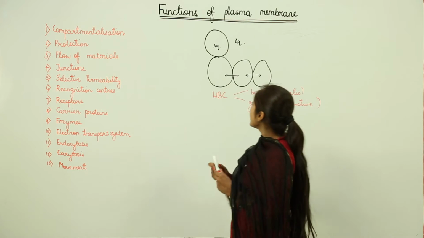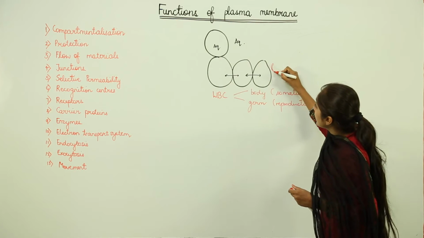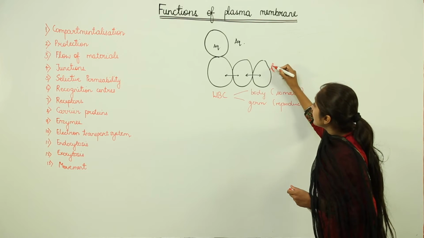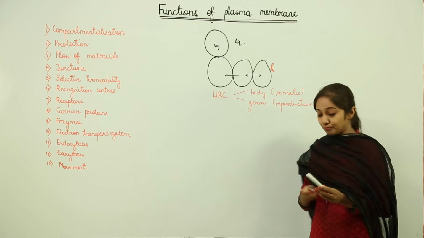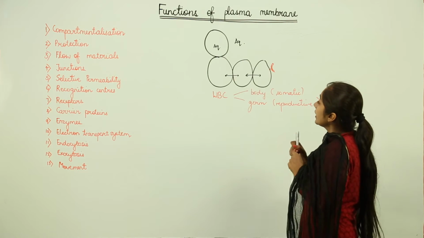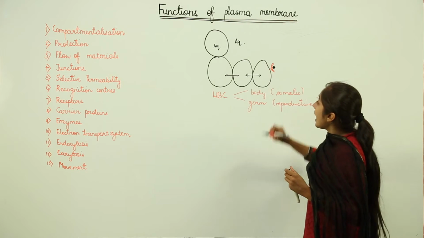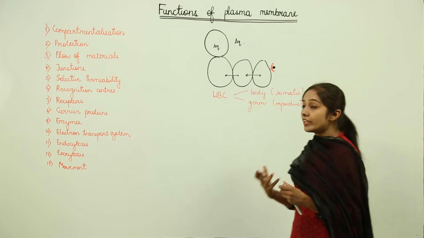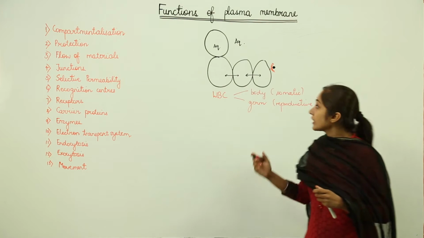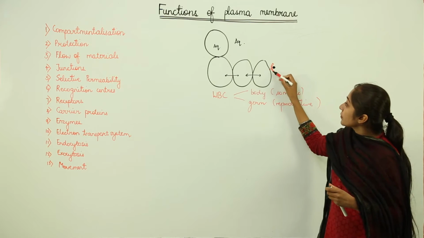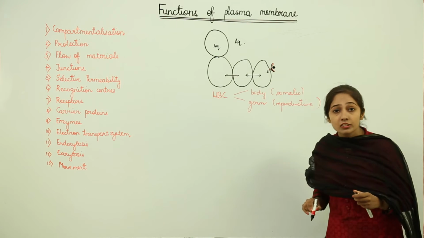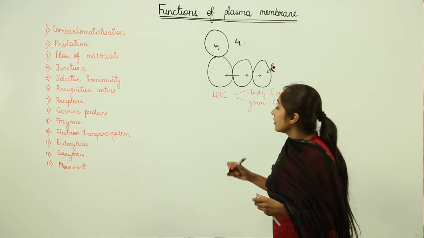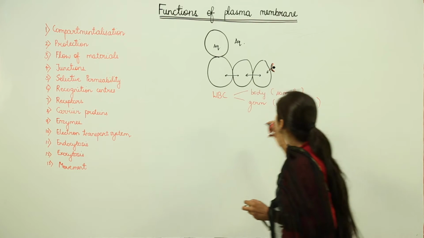Now, there are certain receptors on these membranes. Now, these receptors are going to do what? These receptors are going to receive, say for example, hormones. They are going to receive hormones. And what are these hormones going to do? These hormones are going to actually change the structure over here, or they are going to initiate some reaction. For example, if we talk about